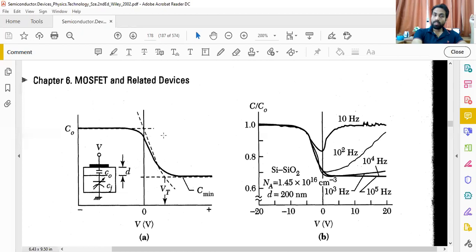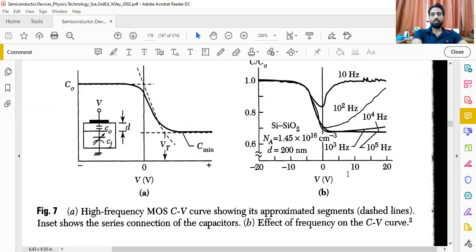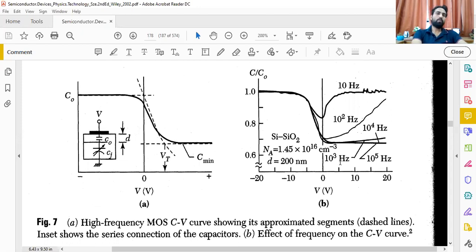See here. Once this part, the junction capacitance, is increased, then with 1 upon C, 1 upon C, the net will be decreasing because they are reciprocals. So exactly that happens here, the same situation, and that is being represented. With lowering of frequency, this junction capacitance will be decreasing and the net capacitance will be like this. So this is the relationship with respect to the frequency that is being taken. The second curve indicates the effect of frequency on the CV curve. This is the basically important section here.